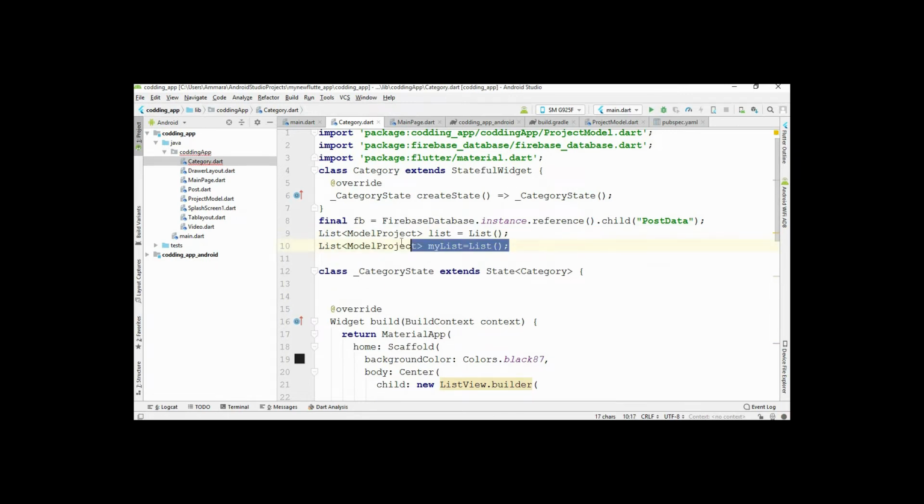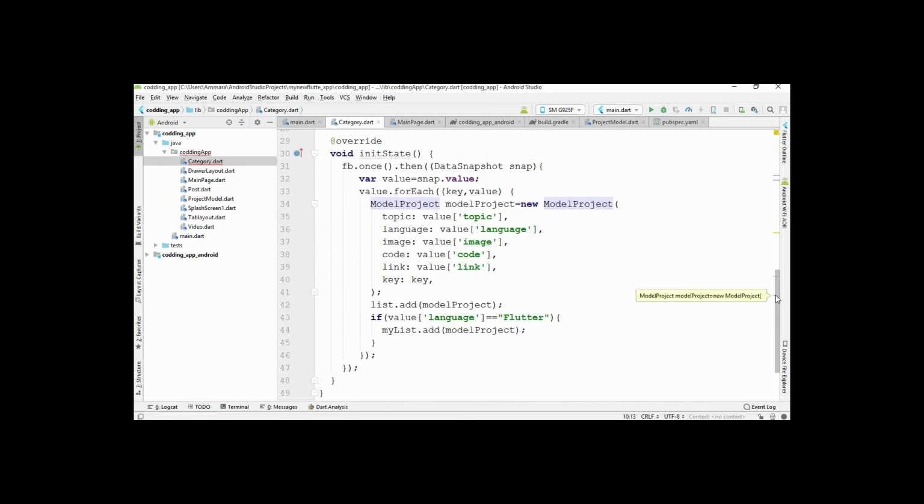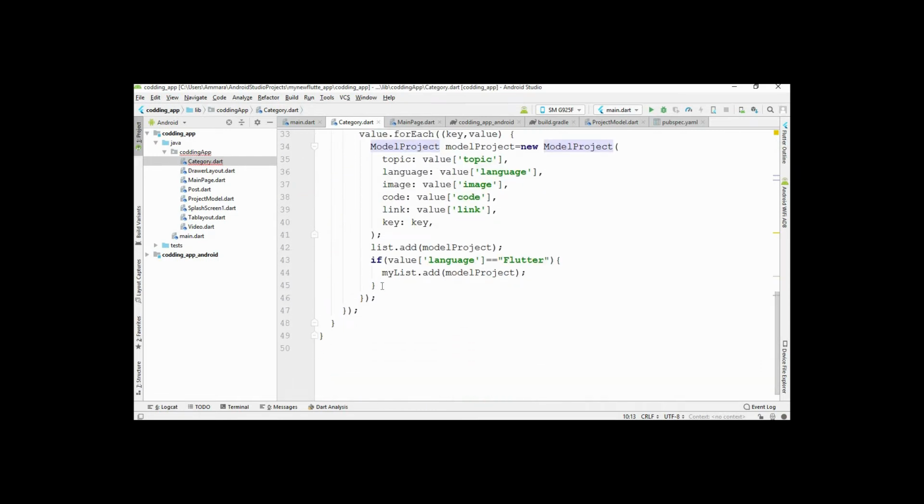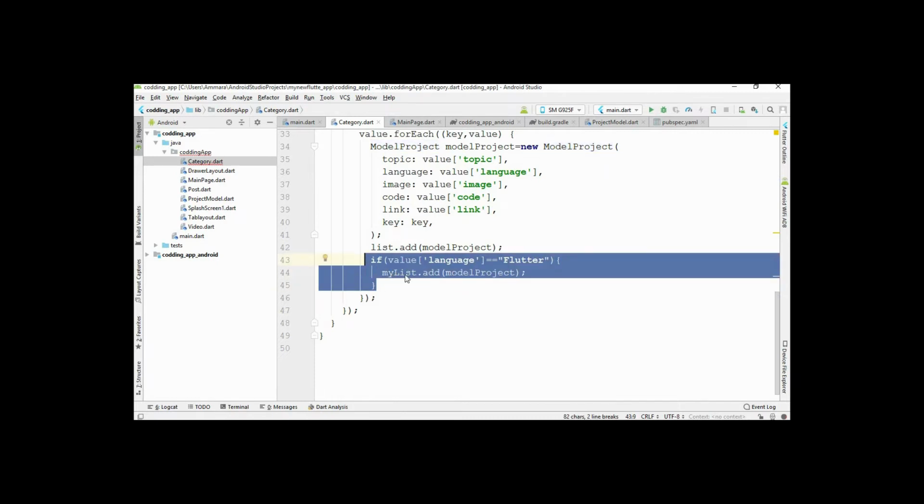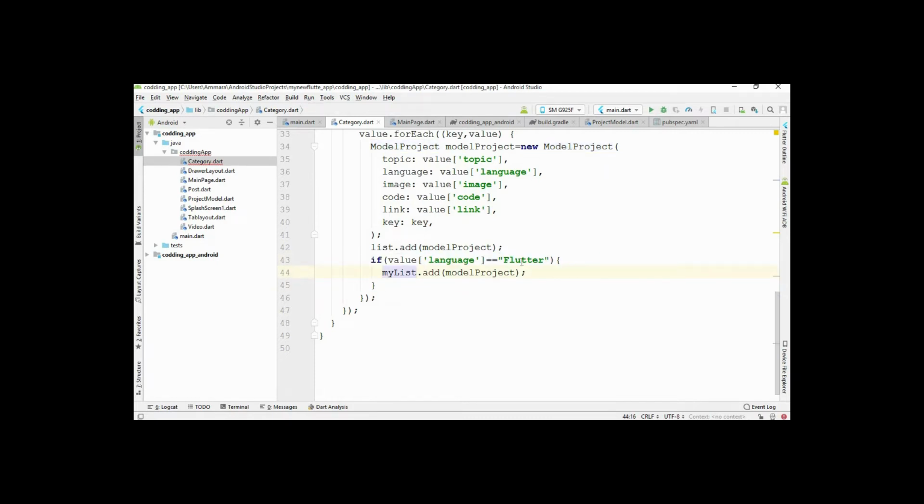So now I create a new array whose type is model project, and after that I write this code to store all the data belonging to Flutter in this list by default. Okay, so now all the data which belongs to Flutter is stored in this list view.